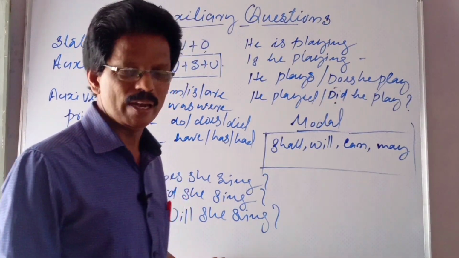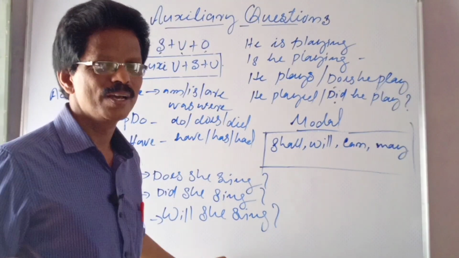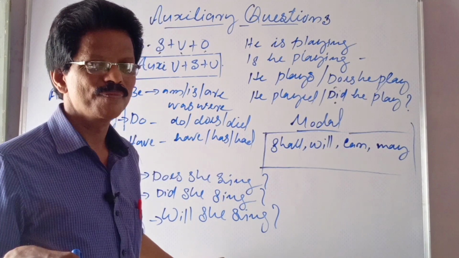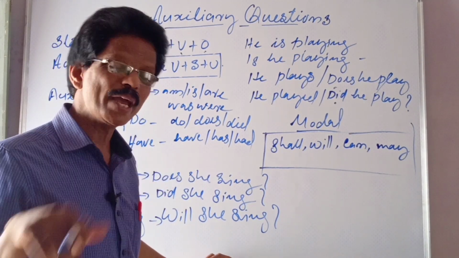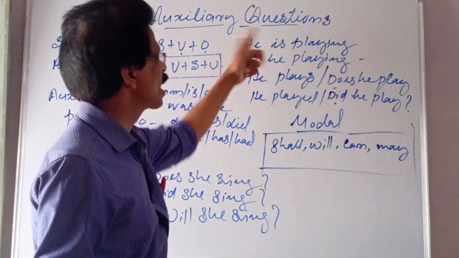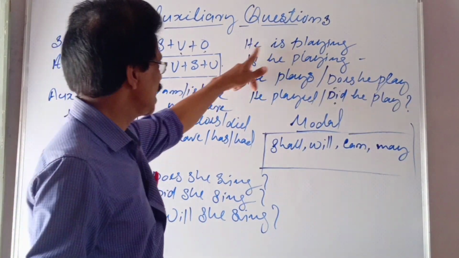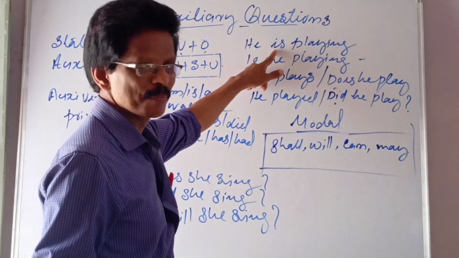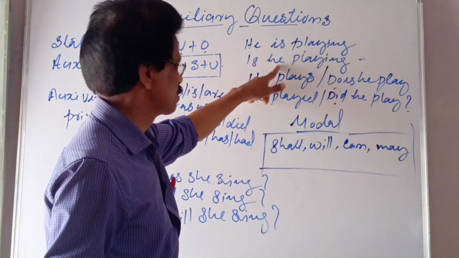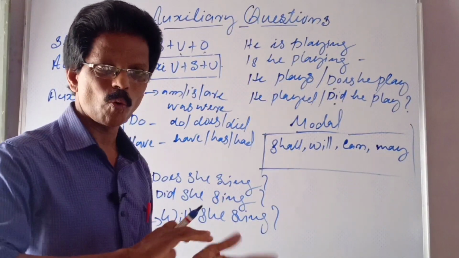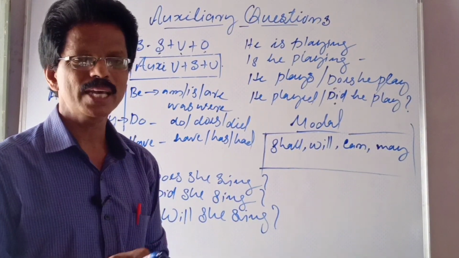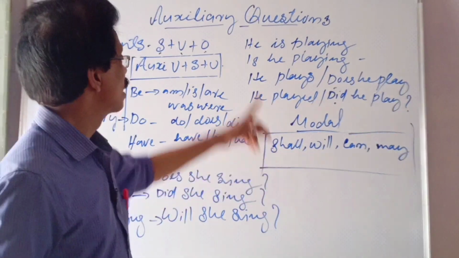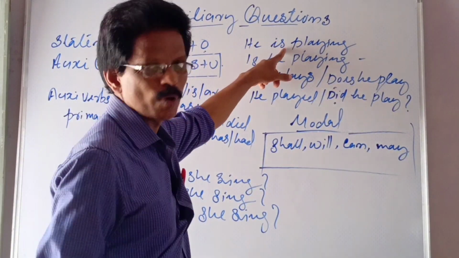She is studying well. Is she studying well? She will come. Will she come? She is going. Is she going? So just turn the word order. He is playing: subject plus verb. Whereas the question is verb plus subject. That order is changed. A statement can become a question if there is an auxiliary verb.